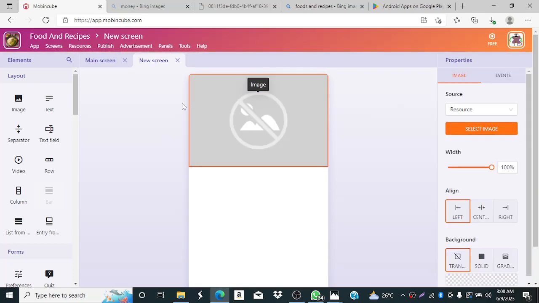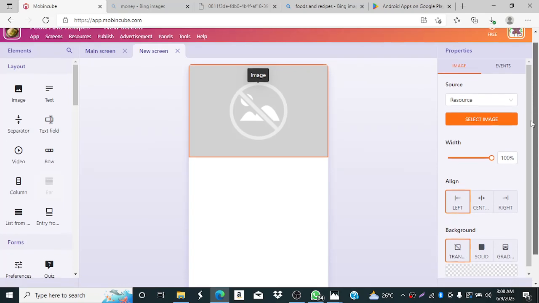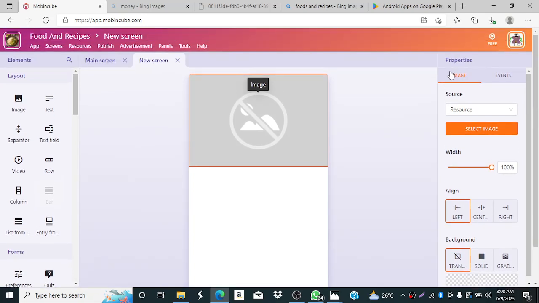Yes. Then I told you that whatever element you bring here, the property of that element will appear here. So this is where you design the element to your taste, in relation to the features of your application. You see,